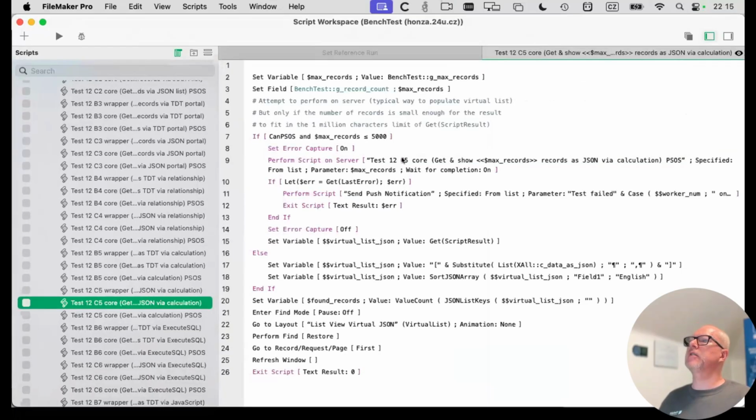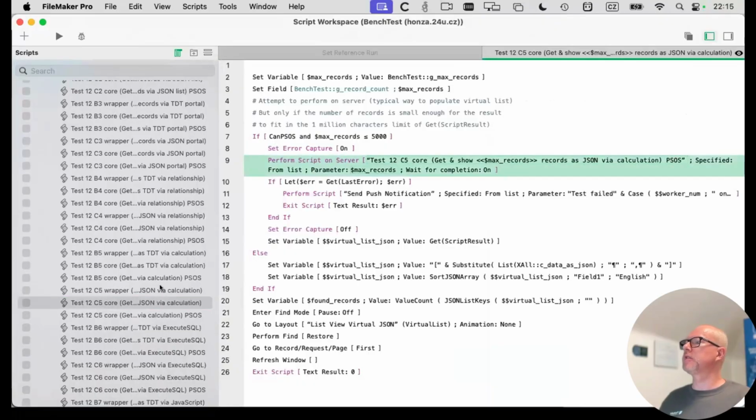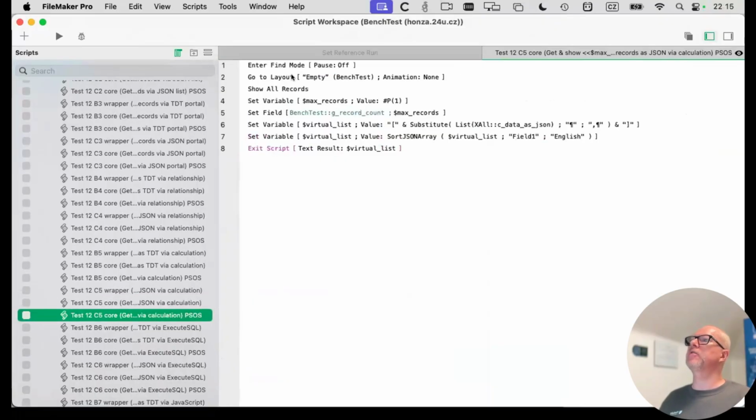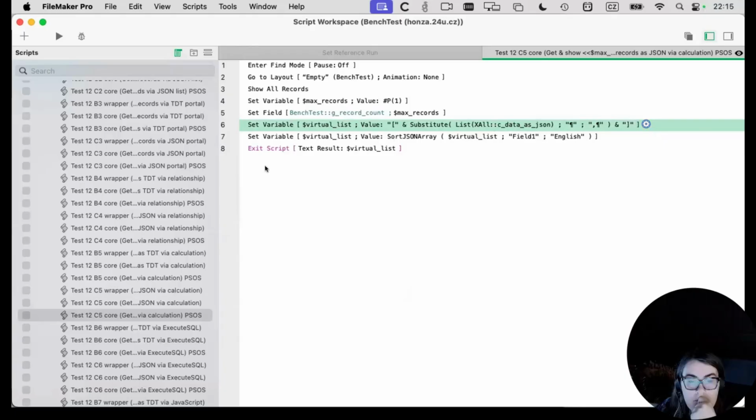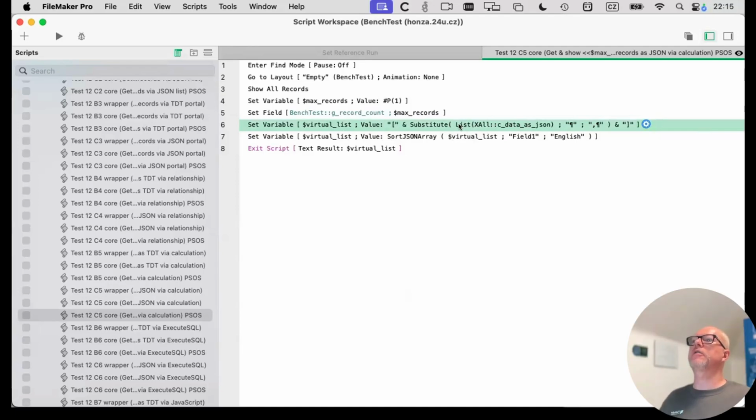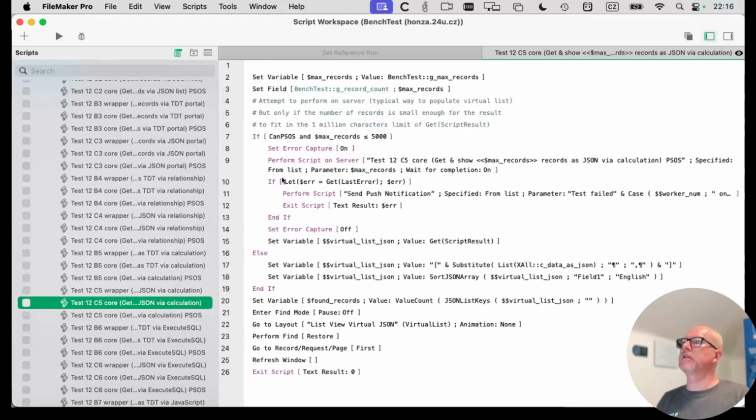So it's a test that calls perform script on server. This is the perform script on server that goes to the layout, shows all records, and populates a variable for the virtual list with JSON through some method. It's actually using a summary field or a list function here. So it's combining the JSON into a string using a list function and then returns the list as a result. And then the calling script takes the result